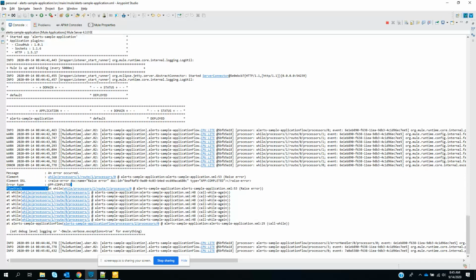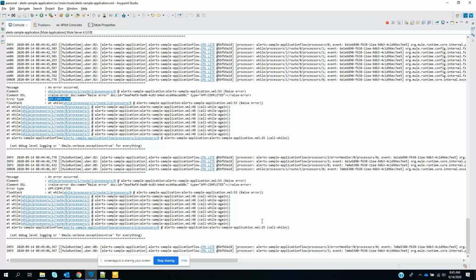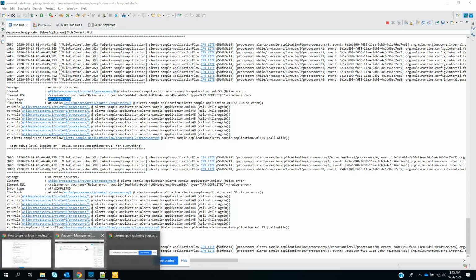So this is my exception I have thrown. Now the second, every 20 seconds I have a scheduler. So that also has started now. So we will see whether it has successfully created the